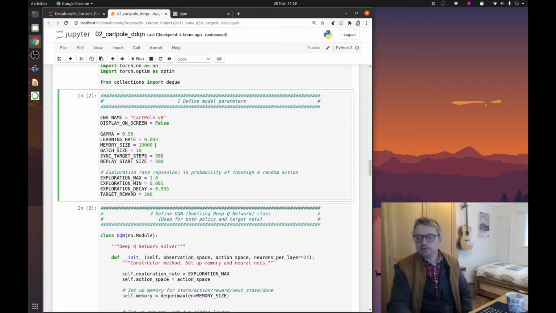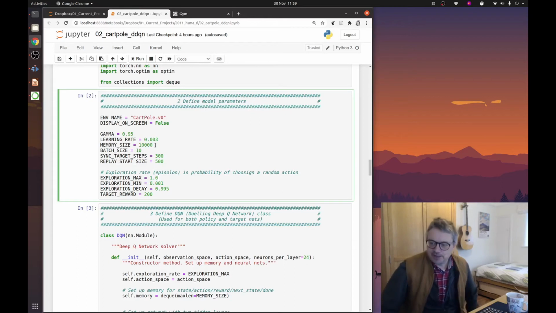So we fill up the memory with 500 random steps, and at that point we start training the network, and our epsilon, which is the probability of picking a random action, decays with each step. And we start off with a 100% probability of picking a random action, and we go down to a